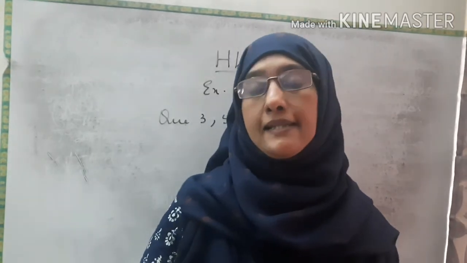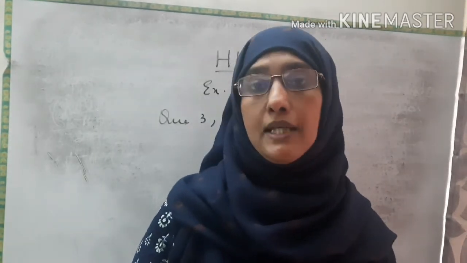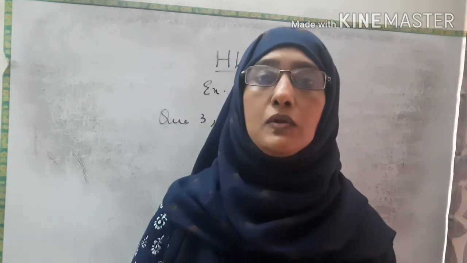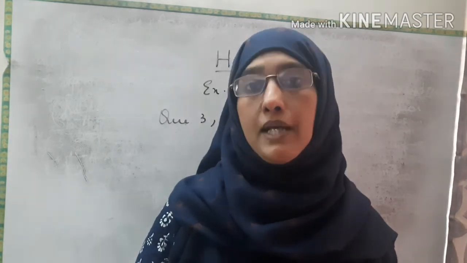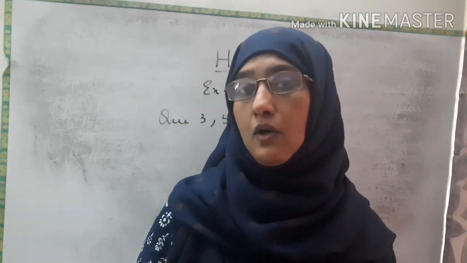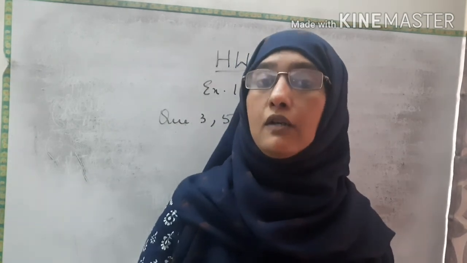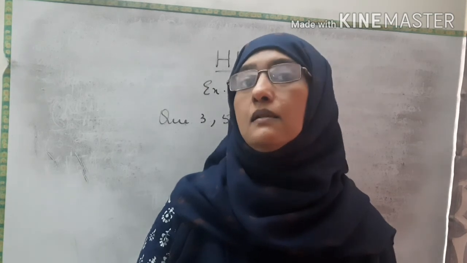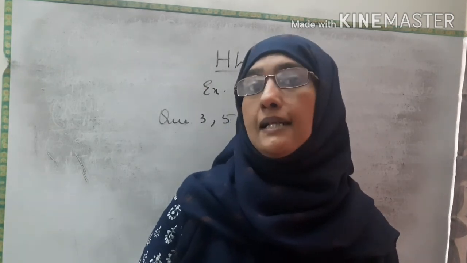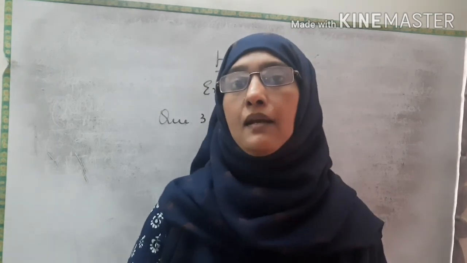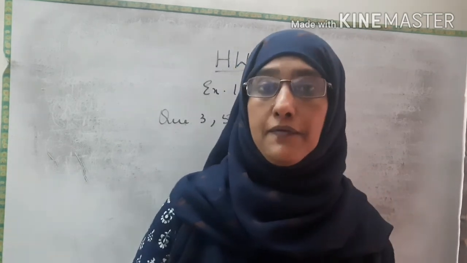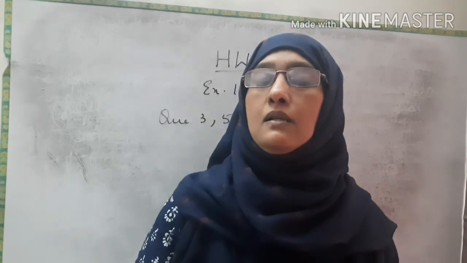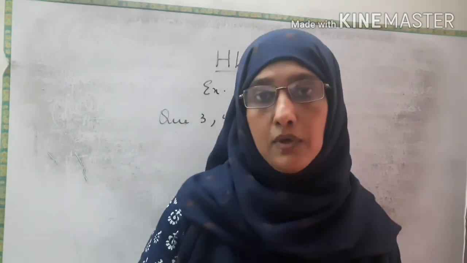And see, the next chapter is geometry. So all of you need a geometry box for that. Those who do not have a geometry box, buy it for next week. You won't be able to do the drawing without the geometry box. You need compass, protractor, ruler, pencil, eraser, everything. And also set square. The whole geometry box you will need for this chapter. So buy a geometry box if you do not have one.